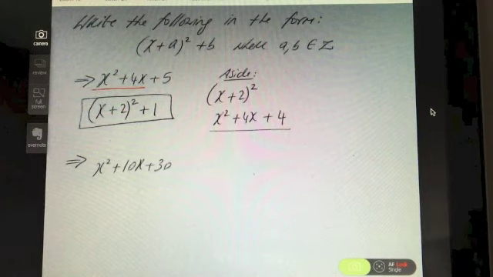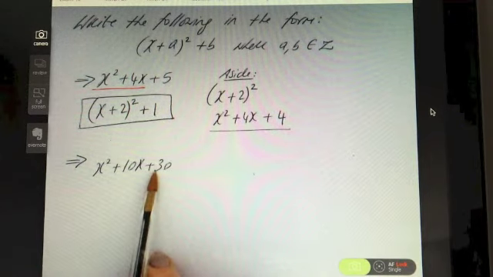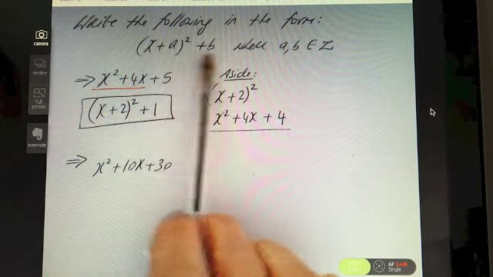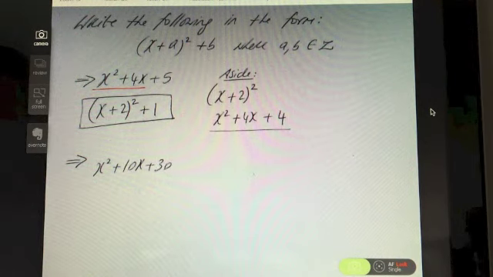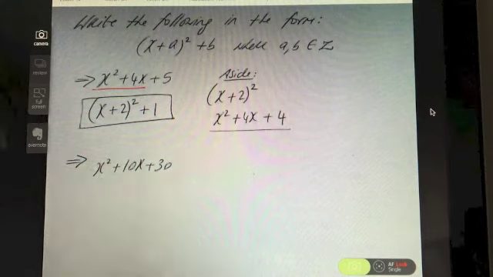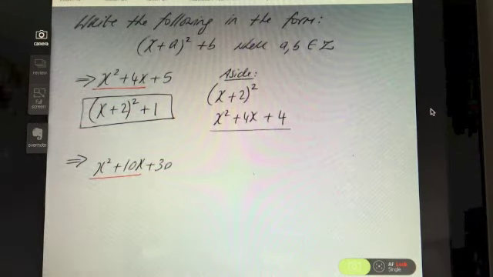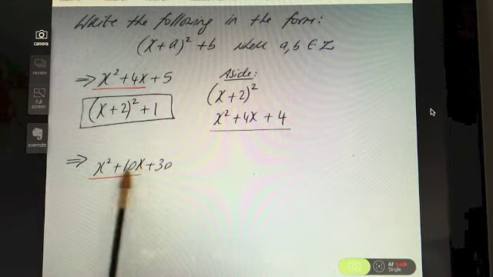Okay, so try this question. x squared plus 10x plus 30. Again, write it in this form. Pause the video and see how you get on with this. So again, we're going to look at the first two terms, and in particular the middle term. In order to get a 10x, if that's double the product of the two,